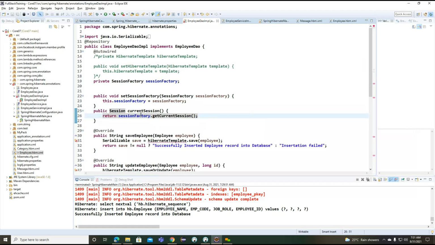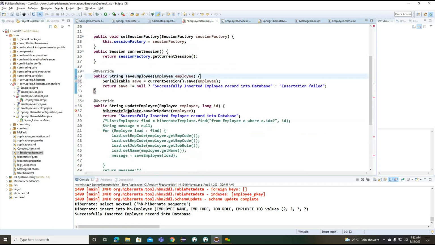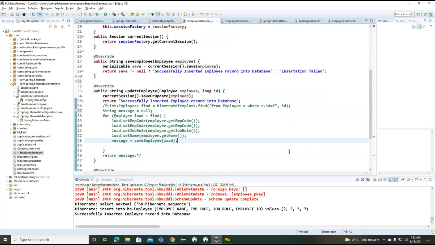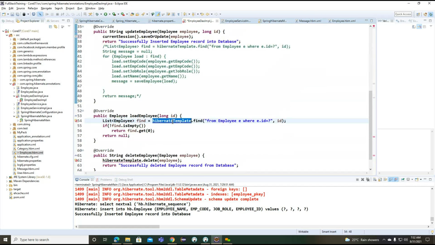Right. So now what I'm trying to write here: currentSession.save, currentSession.saveOrUpdate.